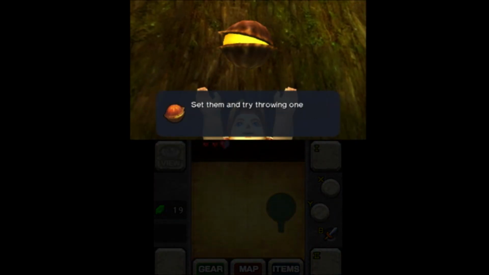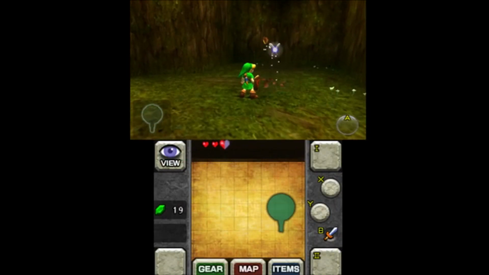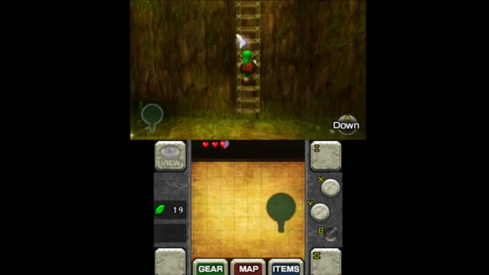You do get the Deku Nuts. Hang on. You need Deku Seeds and a Slingshot. That's like the main thing. You also have to break that little web there, but...